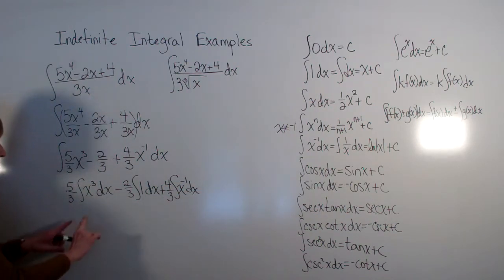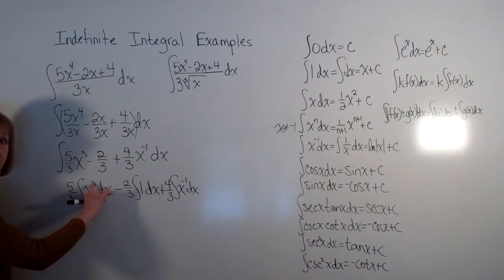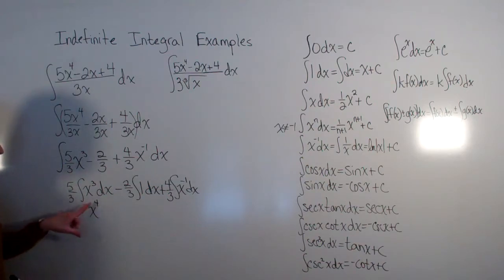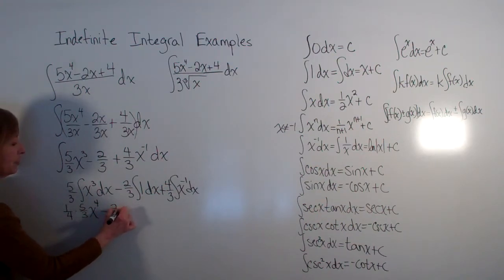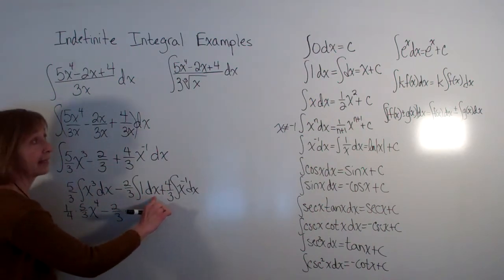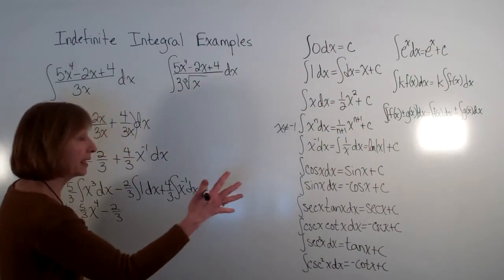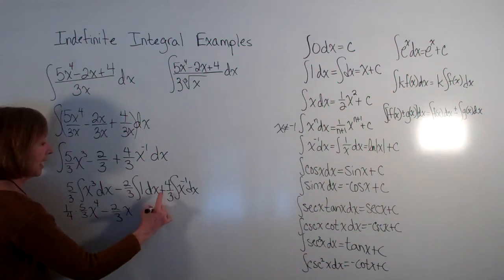Now integrating these term by term, these are letter base to number power. So as long as the number power is not -1, we add 1 to the exponent and divide by that. So this will be an x to the power 4. And then when I divide by 4, it's like multiplying by 1/4. So I have 1/4 times that 5/3 and then x to the 4. Minus 2/3 times the integral of 1 dx. Well, the integral of 1 dx is x. And then plus c, but we'll add that constant all at the end. So that's minus x, and then plus